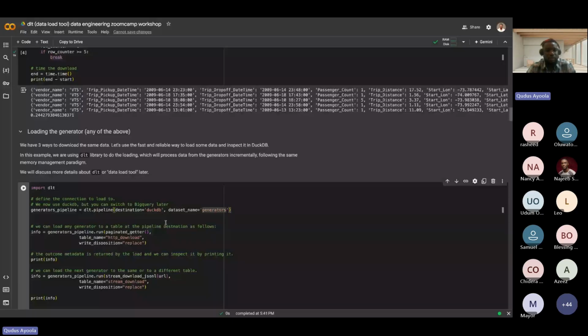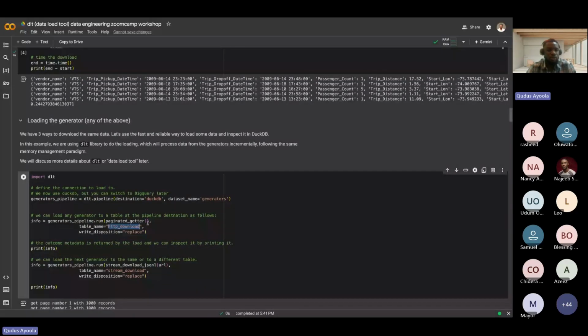The dataset might as well be the table name, the database name, which is this. So what we are doing is we want to pass that generation function into your DLT pipeline in order to read your data and load it into this DuckDB destination database.